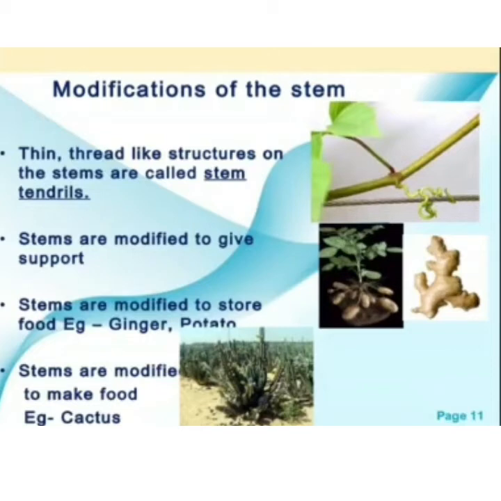water for a long period of time. So understand the cactus example. We all know that the cactus is in the desert area, where the temperature is very high. According to their adaptation to the area, to prevent loss of water from the surface of the leaves, the leaves are modified into spines. The green stem can prepare the food also, and performs all the functions performed by the leaves in other plants. So these are the modifications of the stem.